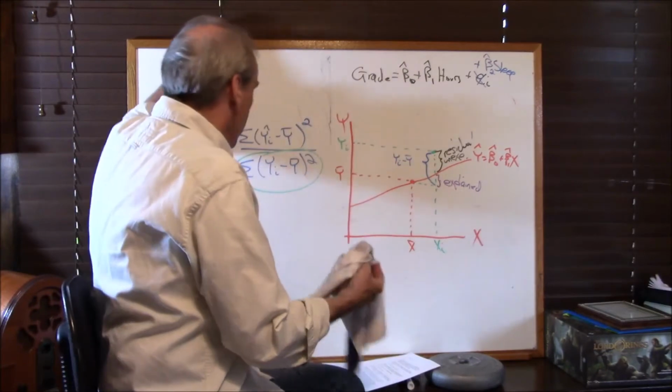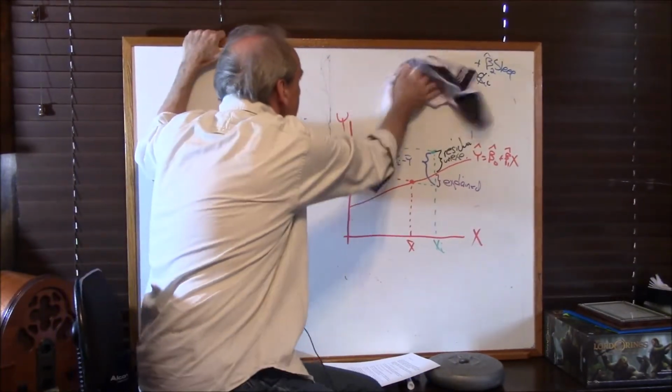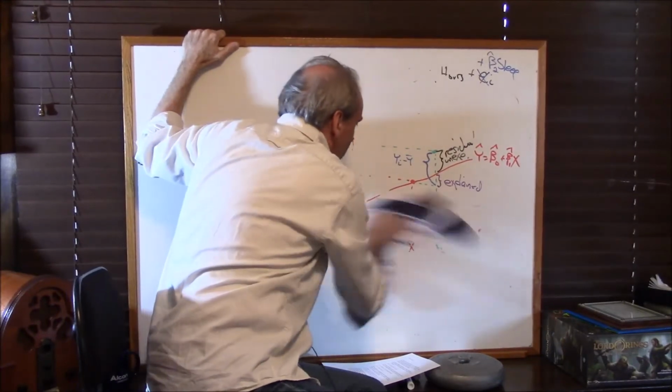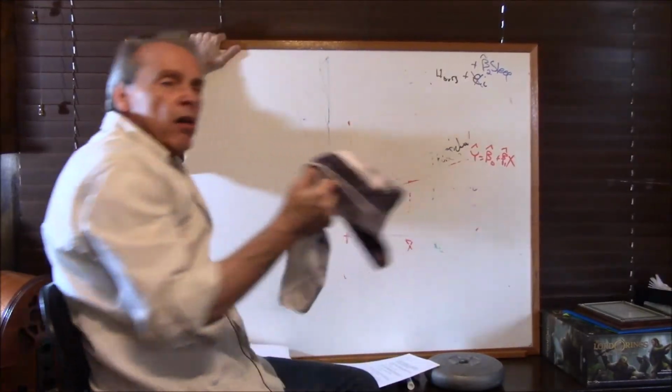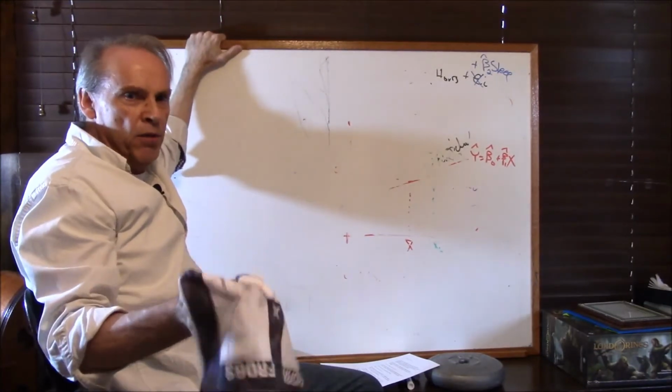We don't use R squared. We use adjusted R squared. And it's adjusted for what? For degrees of freedom. Some people call adjusted R squared R bar squared. I hate that. All right, it's in the book. They use R bar squared.